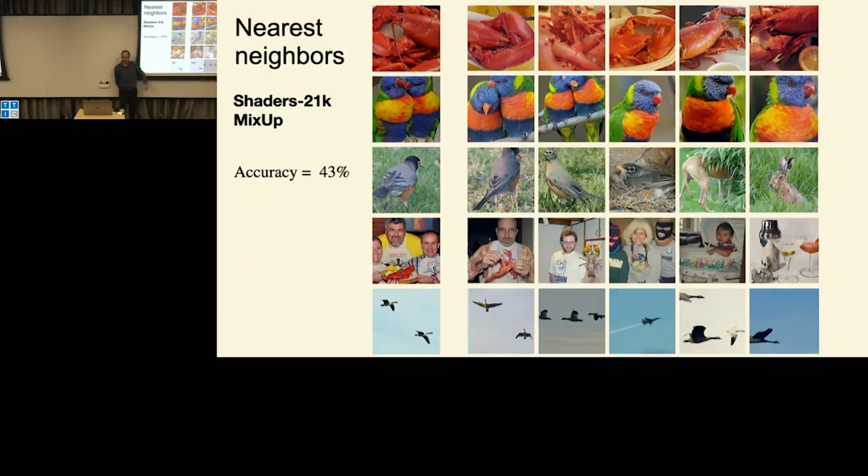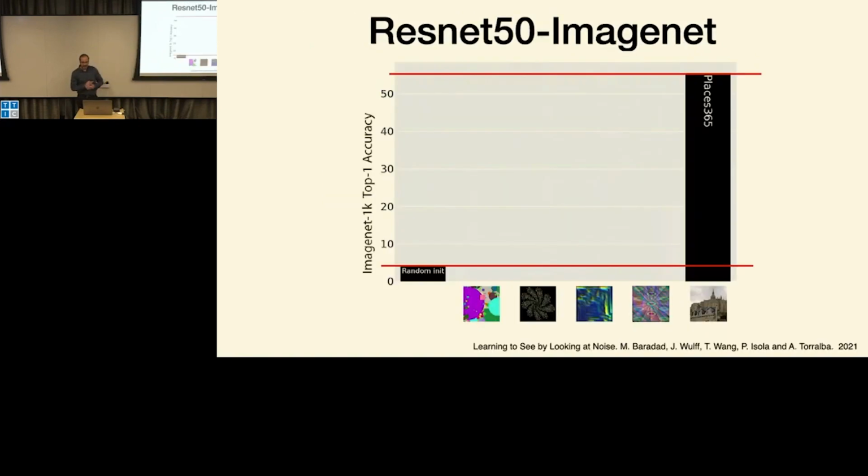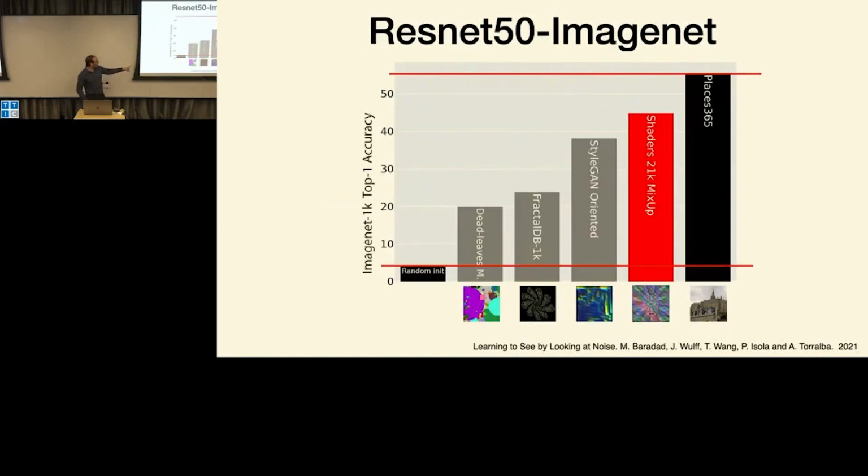And these are the neighbors. These are really, really nice neighbors. This model has never seen real images. It's seen lots of different processes, but they are all synthetic, and it's never seen real images, and the neighbors look pretty good. And you can replace the weights with this, and this is the table that I was showing, and these are the performances that you get with this new data set of shaders, which are just these processes, and it closes the gap to real images quite a lot.